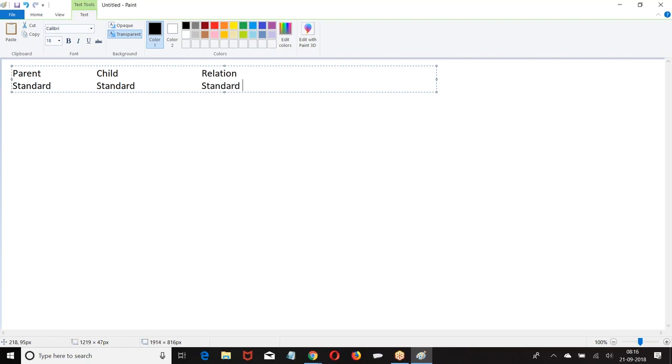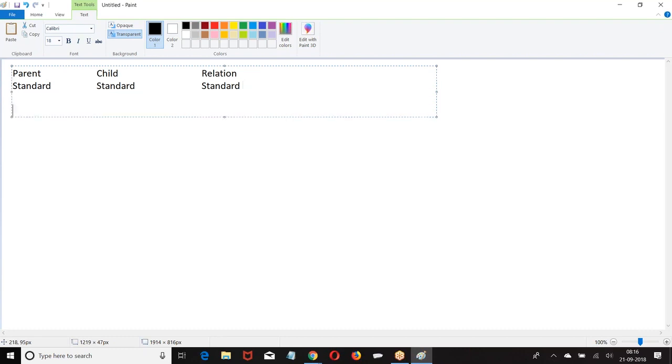Can you find this combination? Parent as a standard, child as a standard, relation is standard. Tell me one example. Account contact, both are connected by lookup created by Salesforce. Account opportunity, both are standard connected by Salesforce using a lookup field. Account case, opportunity item. So this relation is accepted.